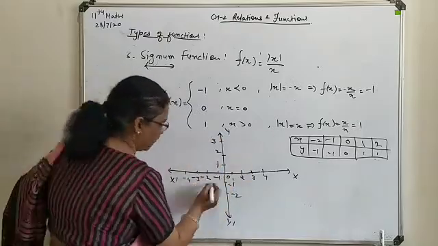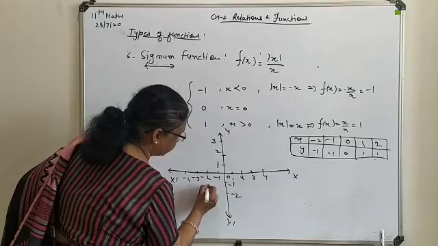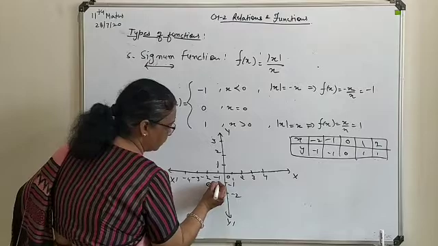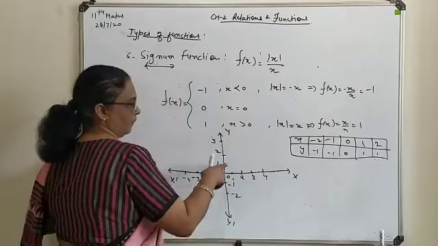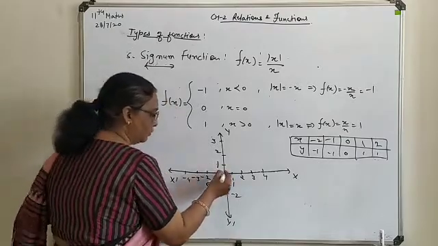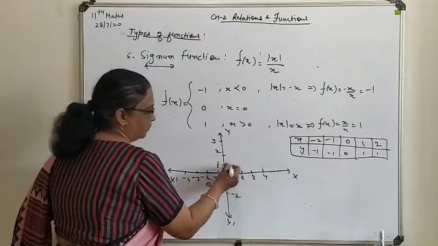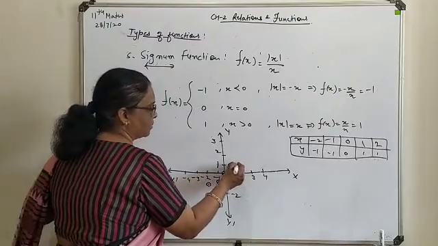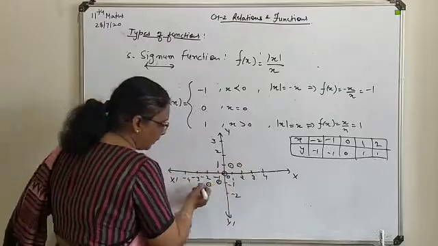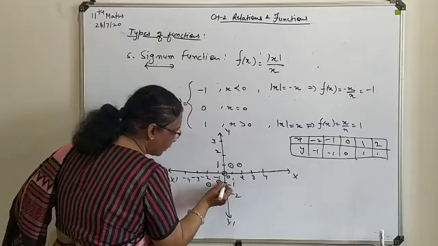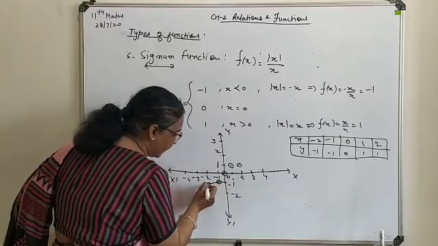For minus 2, the answer is this one. For minus 1, again the answer is this one. Now at 0, it is 0. At 1, it is 1. At 2, again it is 1. So here you can see, you will have a straight line when you are talking about less than 0. So when you are going to represent any of the lines,